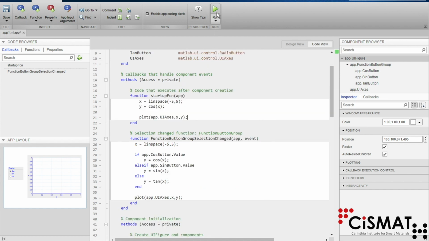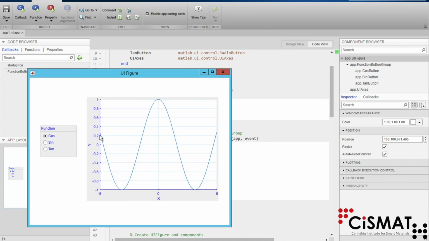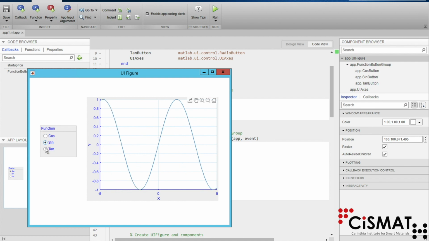Let's see what this change looks like. Now we can see that when the application starts, the cosinus function is displayed. And the other